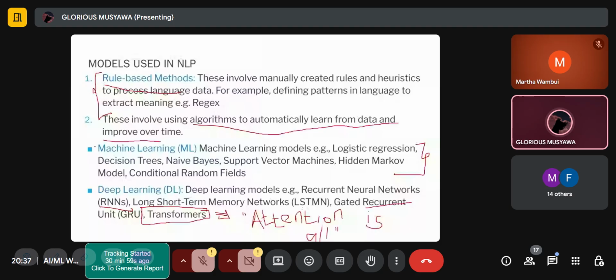I think we talked about GPUs and TPUs. It's completely hardware dependent. So sometimes you can find yourself in a situation where you don't have enough resources to run a deep learning model. So you can consider using a machine learning model. Machine learning models, they're okay. They're not as